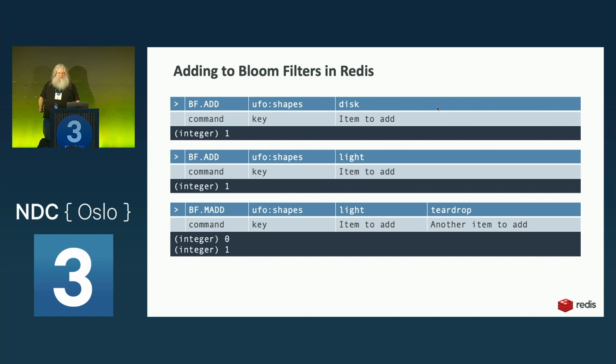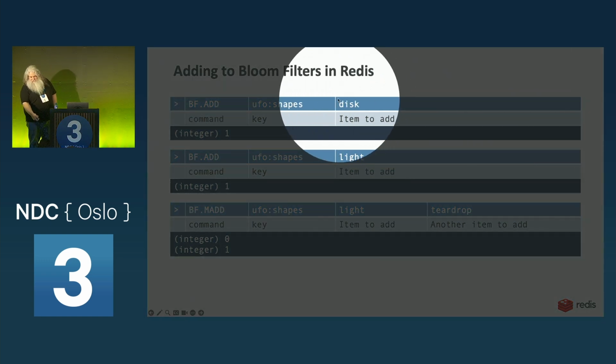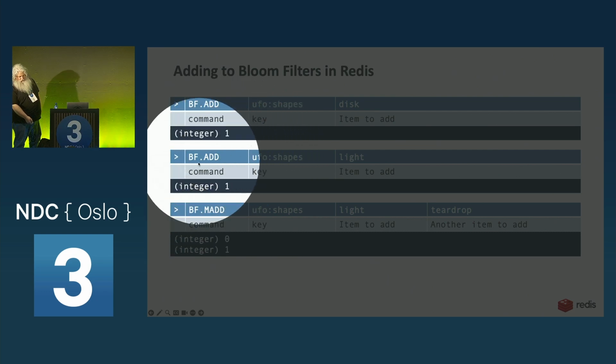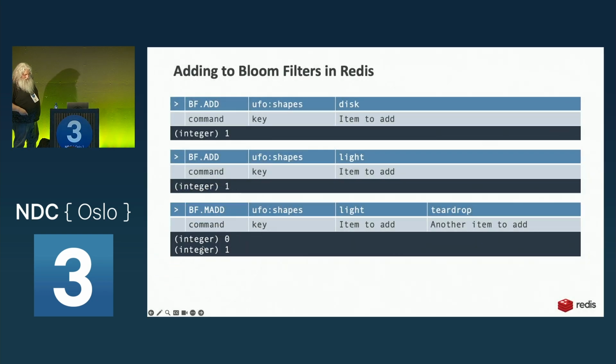Small detail here that I think is kind of interesting is that you notice here I'm returning 1, 1, and then down here it returns 0 and 1. So that 0 or 1 is telling you whether the Bloom filter changed or not. So you can actually just add something to it and know whether it was there or not. So you can use this for deduplication. The 0 there says, I've added light already, so the Bloom filter didn't change when you added light. You can get that 0 back, though, like in the case of the BFRO seeing a green-blue sphere, that would return a 0 as well, because the Bloom filter didn't change. So it's still probabilistic. It's just a little bit of extra data.